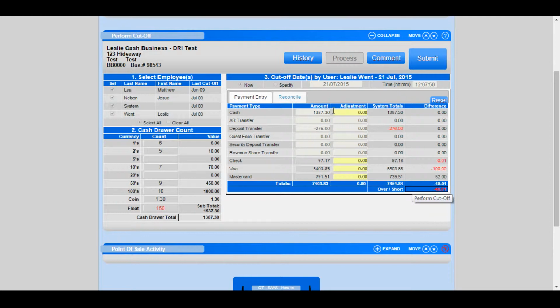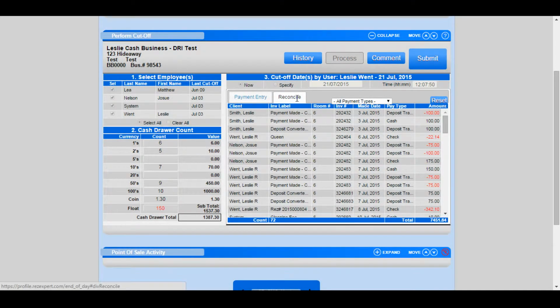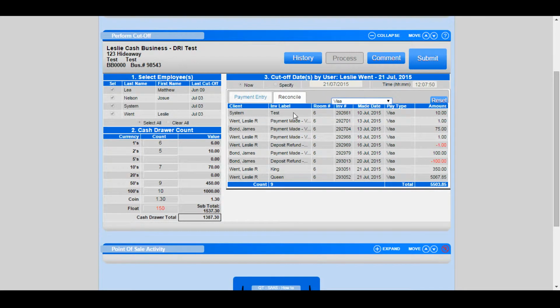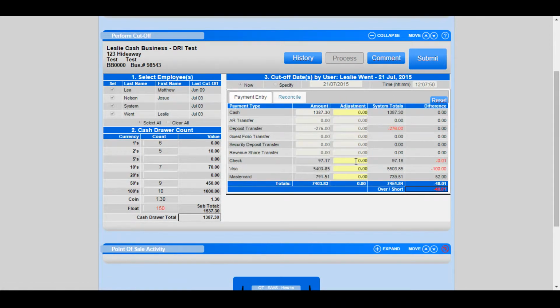So now you're able to click on the Reconcile tab, and you can actually select a specific payment type to see all the payments associated with that payment type, so that way you can always verify where those values came from. So let's say it was a slip that was missed and you found it. You can then put in the adjustment into the column. So let's say you found that you were missing $100, you can put in the adjustment of $100, and if you were over 52,